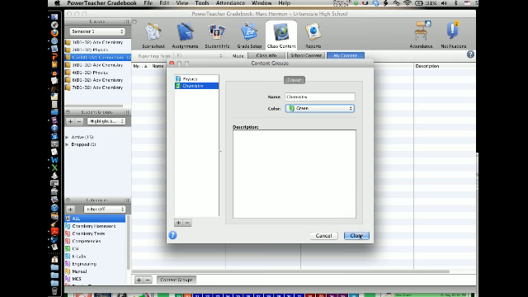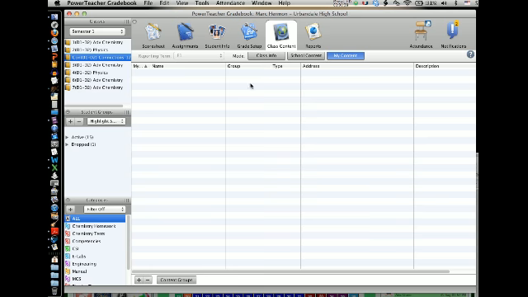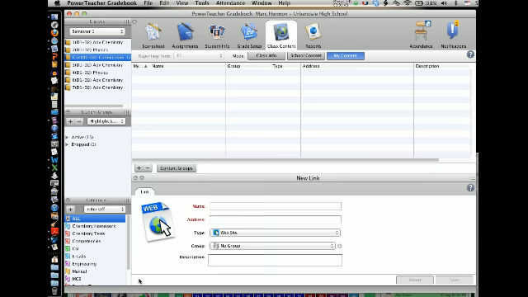Later on, when we add a link, I can choose one of those groups to put the link in. So I'll click close. Okay, now I want to add links to things. I'm going to click the plus sign, and I'm going to make a link to my chemistry website. Let's do that first. So I'll do DMAC